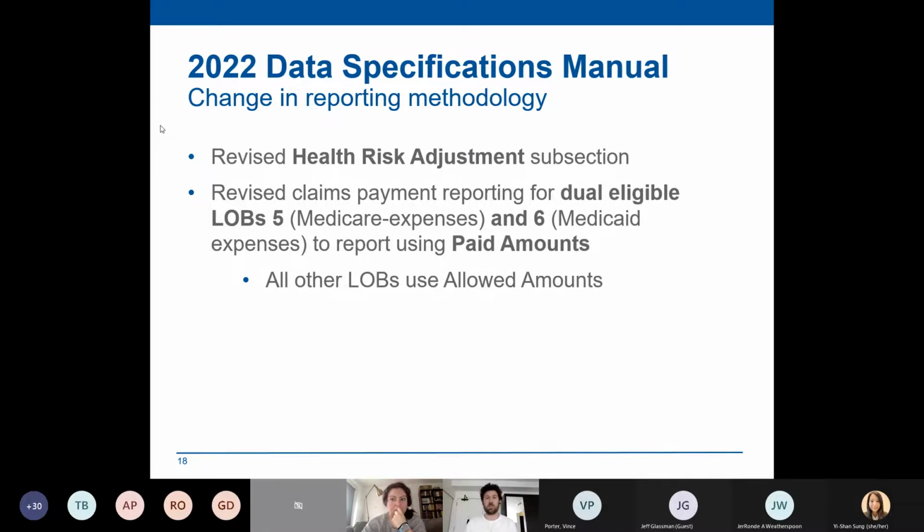Obviously, there were some bigger changes. One of the main ones is changing from risk adjustment to demographic adjustment. We've got a few more questions about that, so I just want to say it again. I'm probably going to say it at every TAG meeting. For the 2022 submission, we are changing from risk adjustment, where each submitter uses their own risk tools and applies what we were hoping would be concurrent risk adjustment to their book of business, and then supplies us with those numbers to do a risk-adjusted measurement of their cost growth.